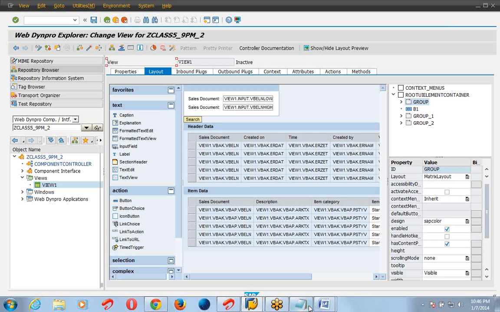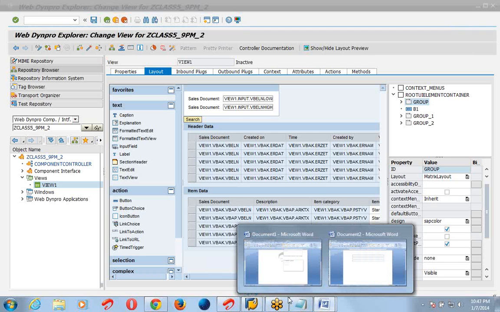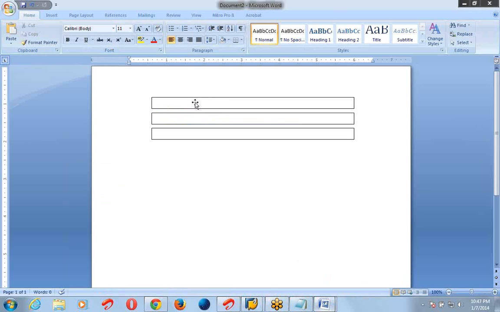My requirement is I want to see all these groups in an expandable form. When I click here on the arrow, then it should expand. Then I click on the second arrow, then it should extend.